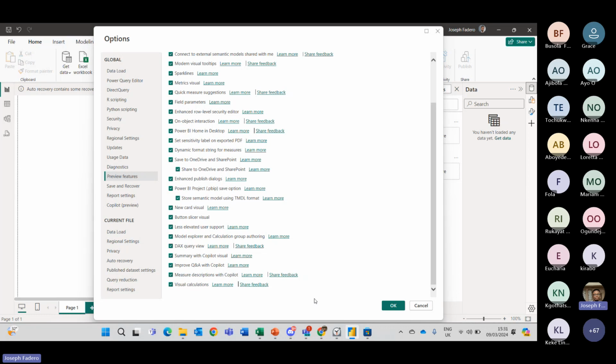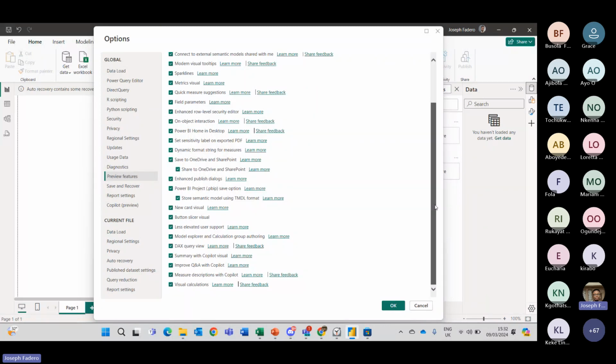So these preview features allow you to test and utilize Microsoft's new features in all their tools and services. In Power BI, the preview features allow you to test most of the new updates to Power BI.